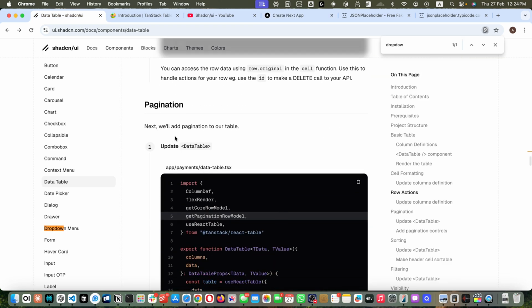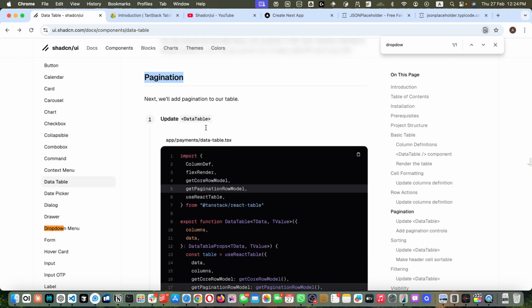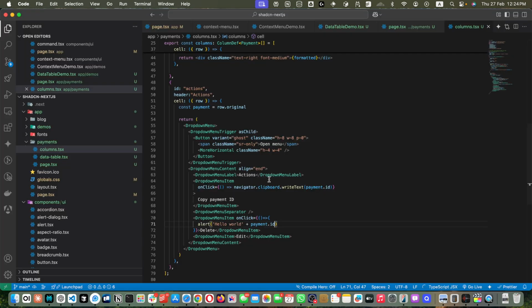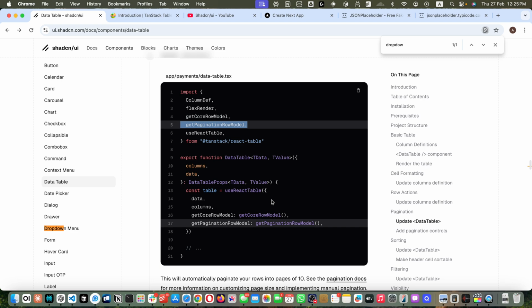And after that, we will see how to add pagination. So next we will add pagination to our table. Update the data table file. We have to add the get pagination row model function. So let's do that like this. Save it, and then